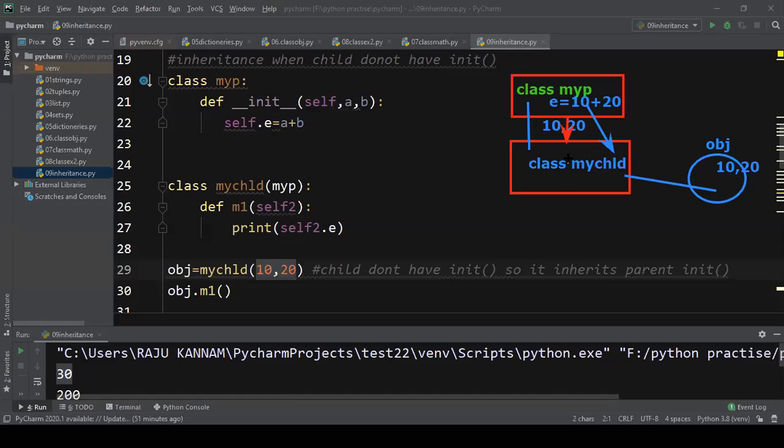Since it is inheriting, at the time of declaration of my child class, it already told that I am going to use my parent class, MyP class. So that's the reason whenever it is getting the values, those values are passed to the MyP class. MyP class will do the corresponding operation and then send the result to the my CHLD class.